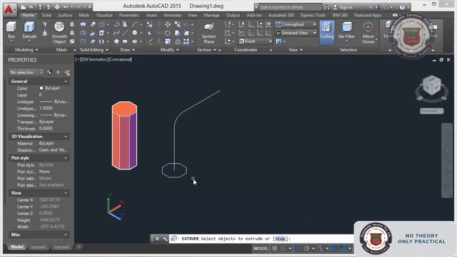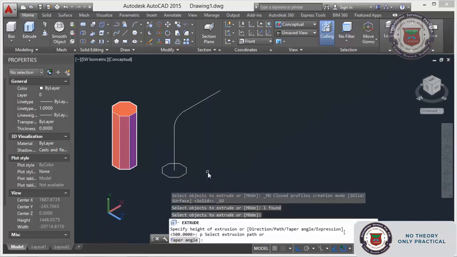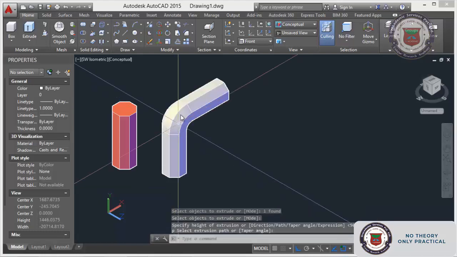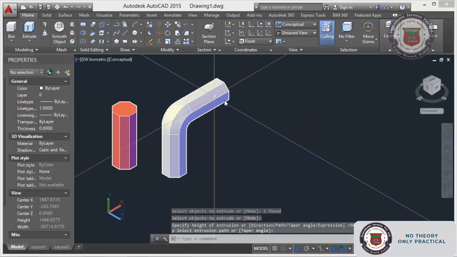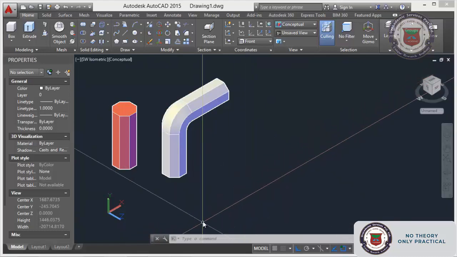Select the object. Yes, this is my object, and enter. It will ask you for the direction. We already used the direction option. Now we will go for path. Enter P. What will it ask? Select extrusion path. Now you select your path. What happens? It extrudes by following the path that you have given.